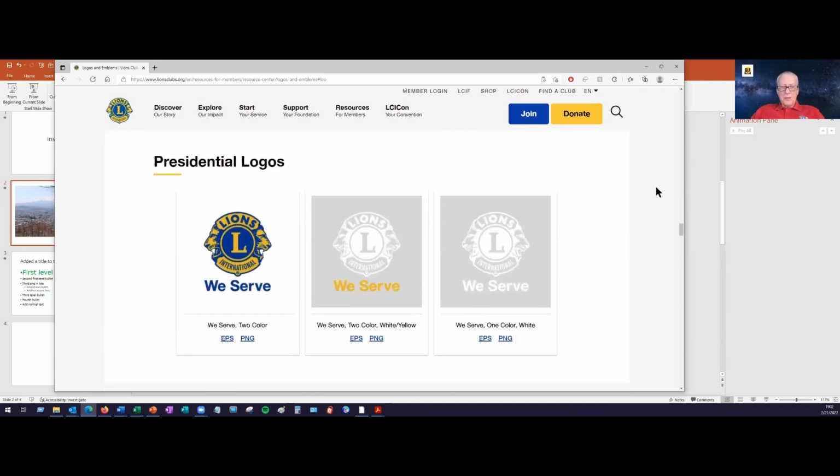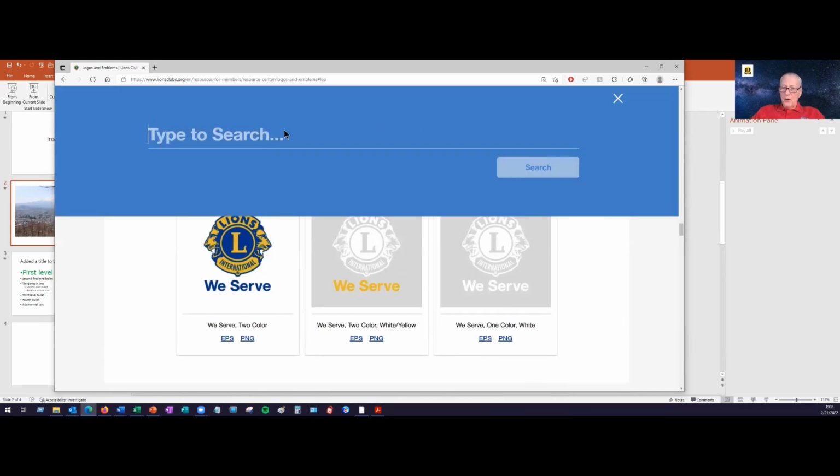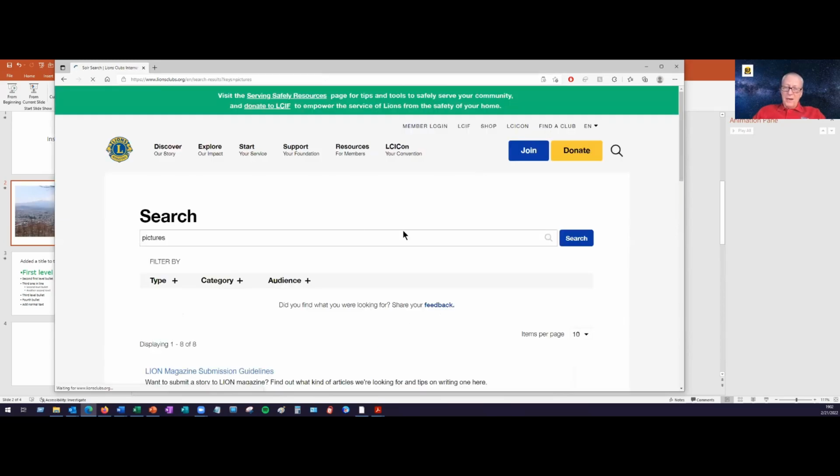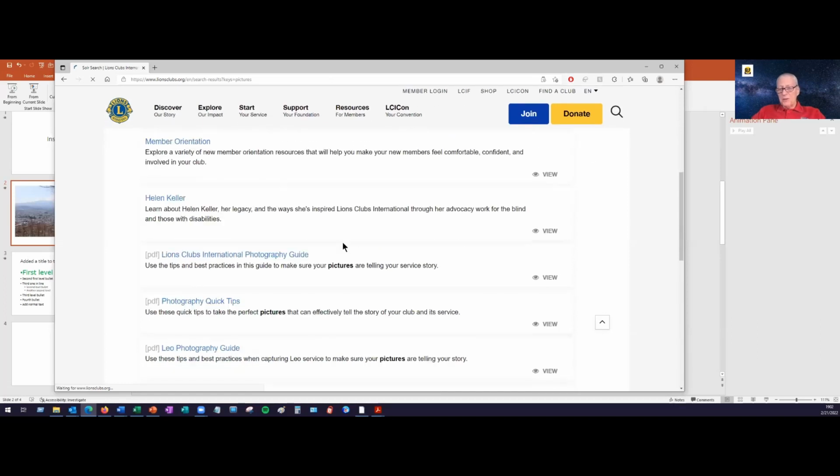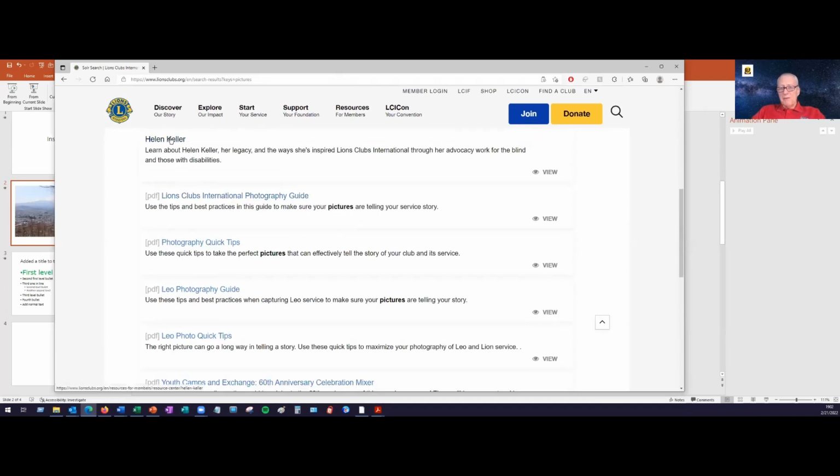I would also mention, as you're looking for things that are of interest, throughout the LCI website there are a number of photographs that you can download and cut up and copy paste and make some interesting different things. For example, when I was doing a branch presentation, there's no logo for a branch, but there's a brochure there, and I just took a picture of the brochure and cut it up the way I wanted to create a visual for my slide.